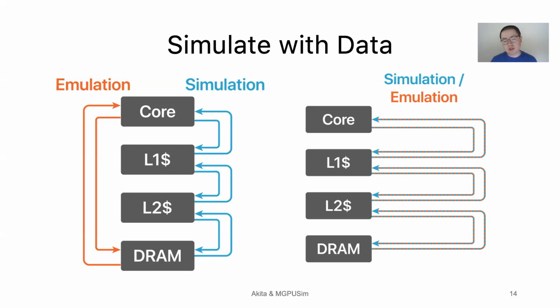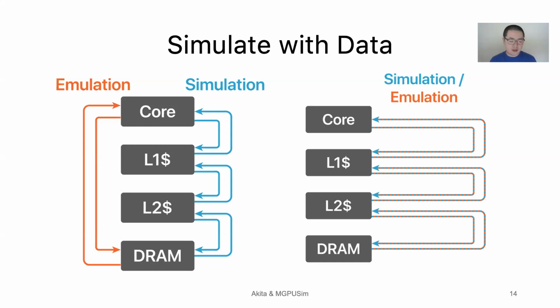When you develop a new simulation model, a new design, typically you do not really have real hardware to calibrate with. So in this case, we have to combine the emulation and the simulation process. On the right side, if we develop this type of coherency protocol, and if this coherency protocol has an error in it, we would see an error in the final emulation result. The final emulation result typically has a ground truth, so that we can compare and know if we're implementing it correctly or not.